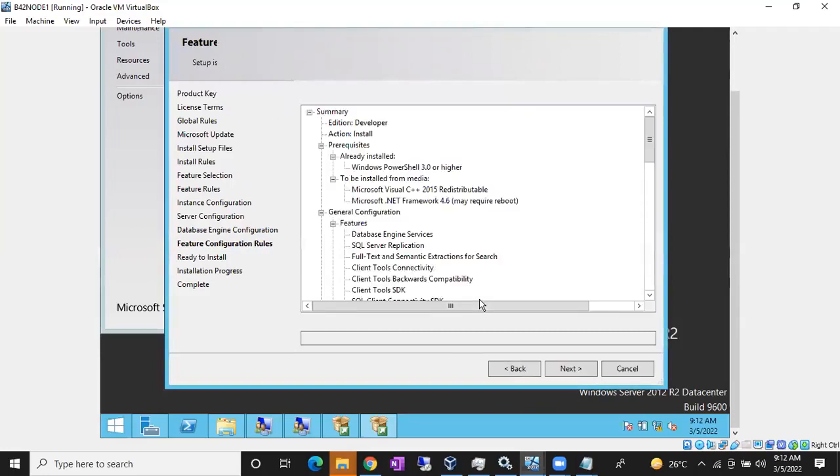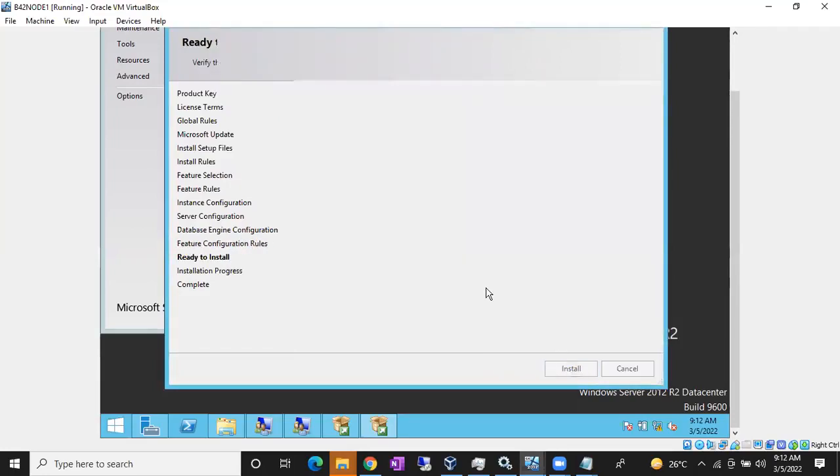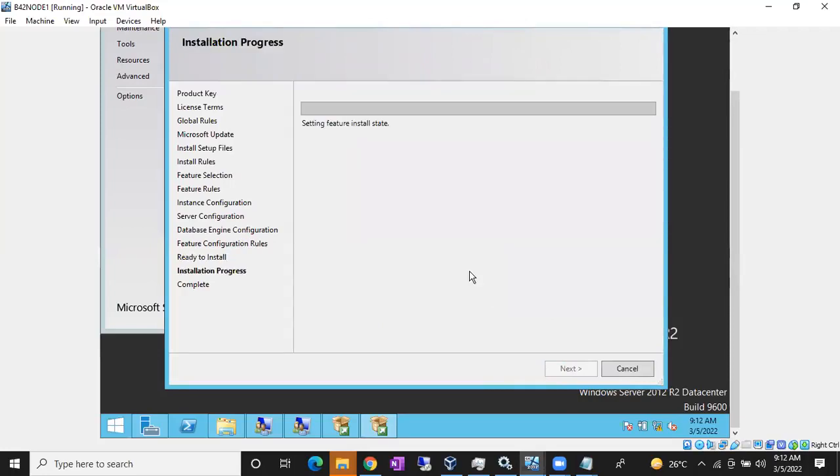Your service account should be a login in the SQL server with sysadmin privileges. Okay. Now, if you don't add it now, nothing happens. After installation of SQL server, you can also create a new login for the service account and give it sysadmin. But if you add it now, there's no need to create a separate login for the service account and no need to give sysadmin privileges.